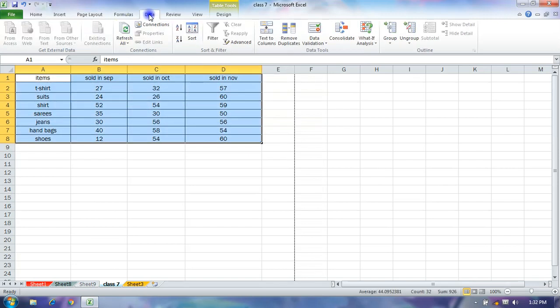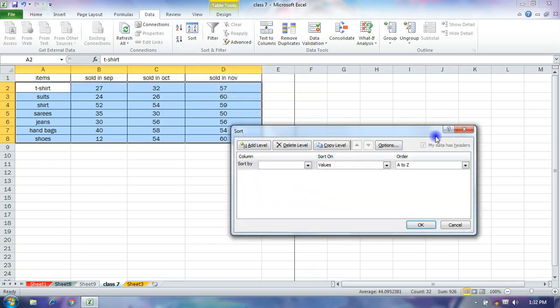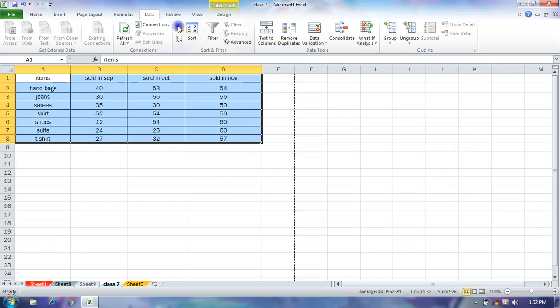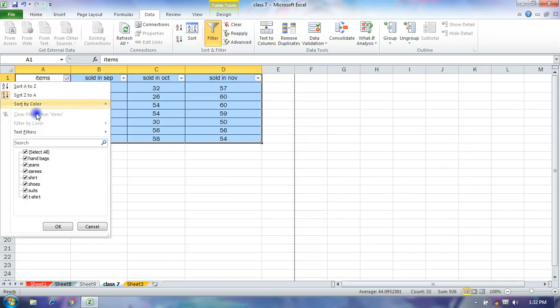And the Data tab: from the Data group you can use the sort option. You can sort ascending to descending. You can filter your data from here.